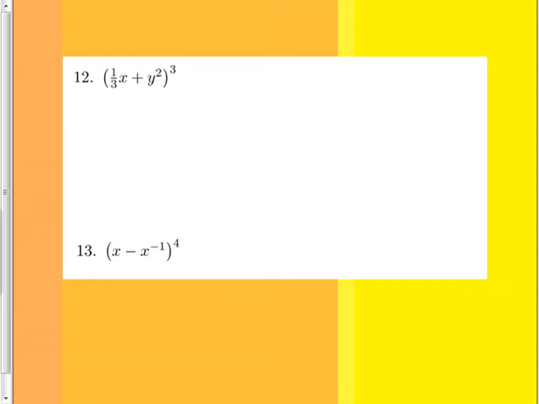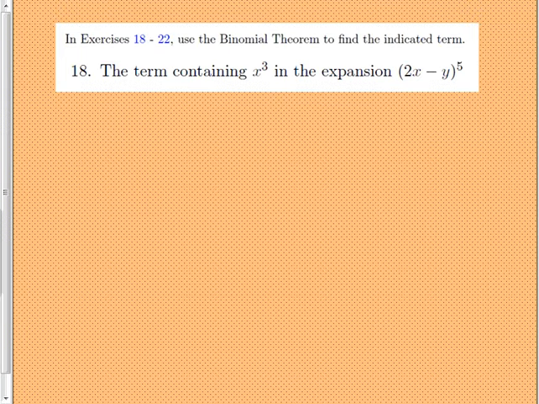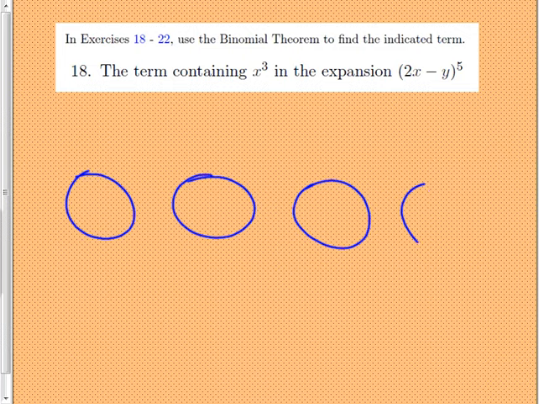And then these two, I'm going to have you skip number 13 just because I want to cut the assignment down because I'm not giving you much time to work. So skip number 13. And then this one, do you get that that's just an expansion problem and they just want to know somewhere in the answer there's an x to the third and which part? Like if you're all done and you got a whole bunch of parts to your answer, and one of them has an x to the third in it, is all they're saying. They want to know what's the rest of that term. Okay, so it's not super hard, but